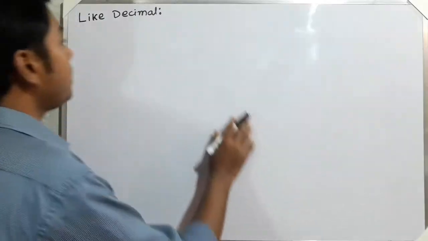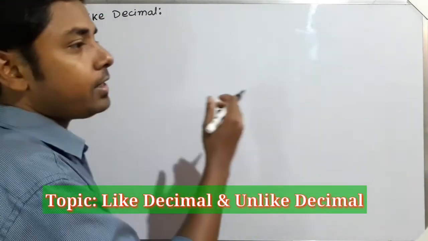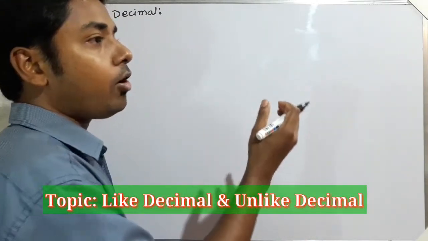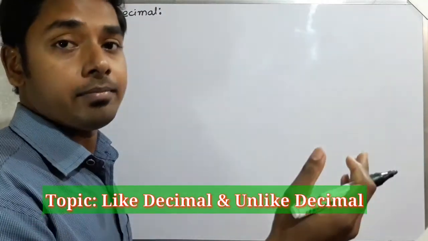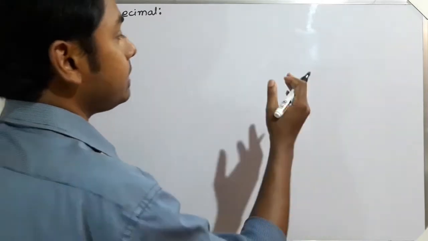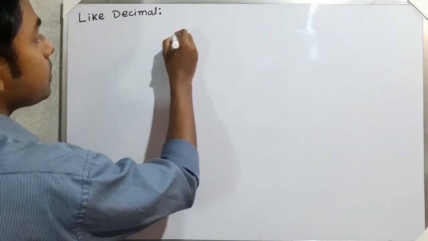So first of all, we will start with the like decimal. So what is like decimal? Like decimal means if the number of digits after the decimal is the same, then you can tell these are the like decimal. That means suppose